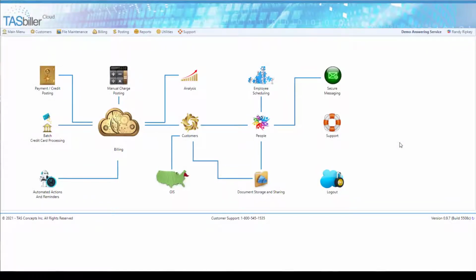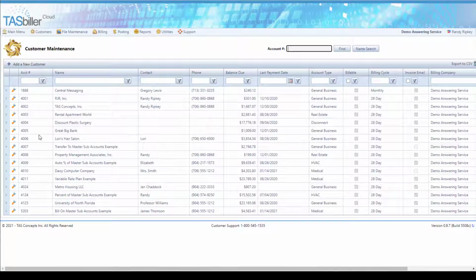Hello, during this video we're going to talk about the different types of sub-accounts. There are 4 different types: transfer to master, bill on master, percent on master, and the latest is the automatic percent of master. We're going to start with one of the more popular ones, which is the transfer to master. So let's go in here to our sample account,